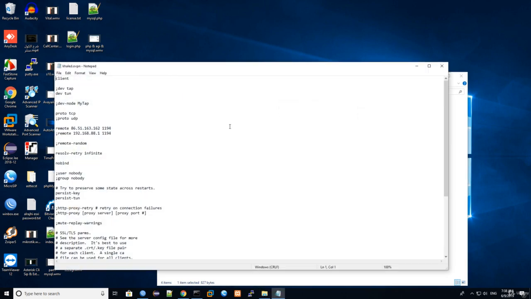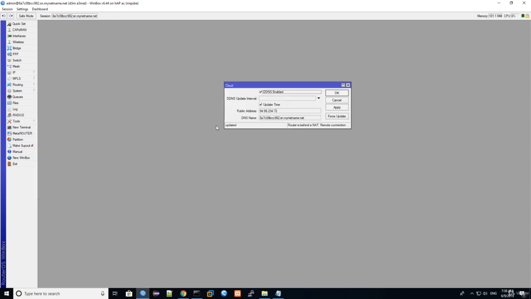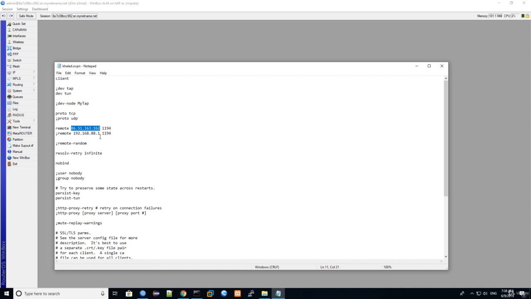Okay, I will open this file. Now here it's asked for the remote server, the IP address for your MikroTik VPN server. I don't have a public IP address. I have dynamic DNS, so I will copy this dynamic DNS, or from IP Cloud you can copy this one. Then I will go to the file and paste it here. It means now it will connect to the remote VPN server in this DNS on port 1194. After that,